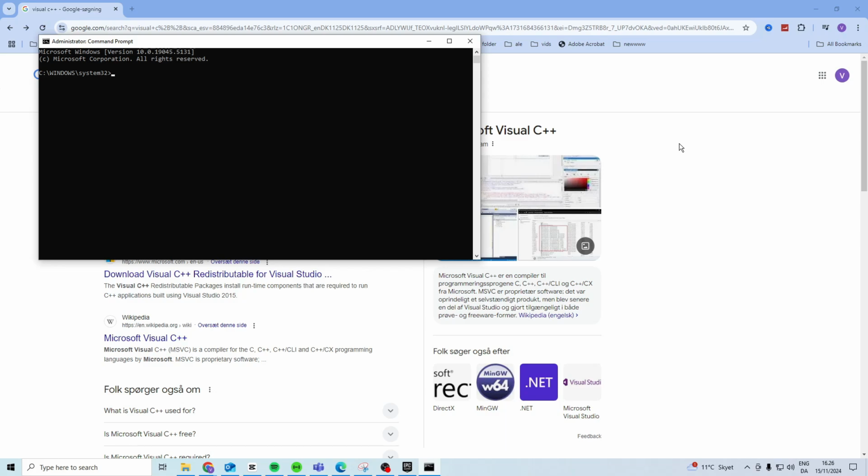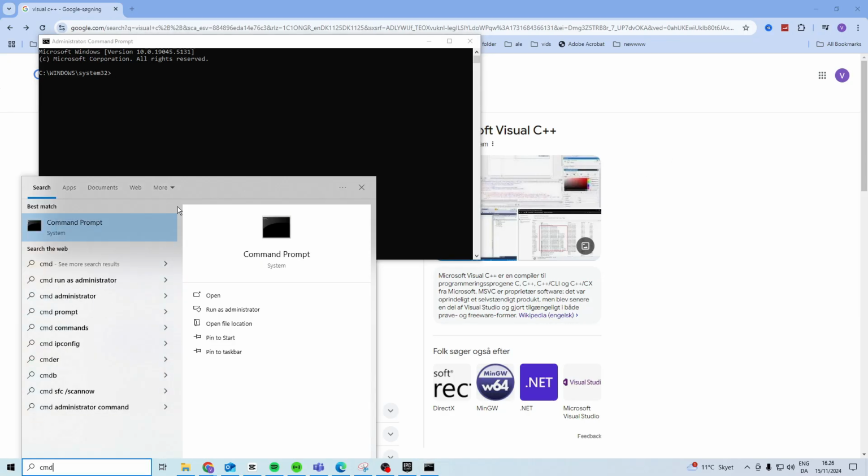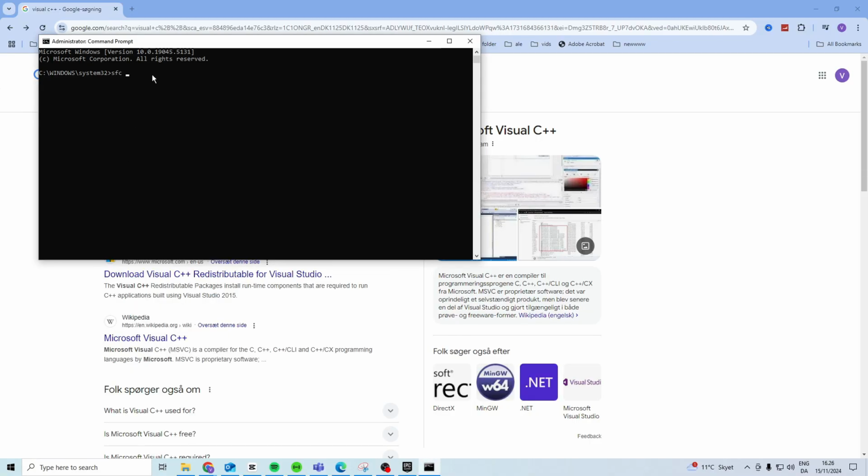In this video, I'll show you how you can fix the procedure entry point could not be located. Now the first thing that I suggest you do is you come here and search for CMD, right click and run as an administrator. In here type sfc /scannow. Press enter and it's going to start scanning for any corruption on your PC. Once this is done, you can just close it down,